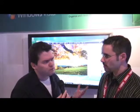So what are the key new features of Vista that have sort of changed from Windows XP? I mean, security is at the core, so it's being built so that it's a much more secure operating system. So no more viruses, no more spyware? It's being built so that we minimize it. Can never guarantee that, but...